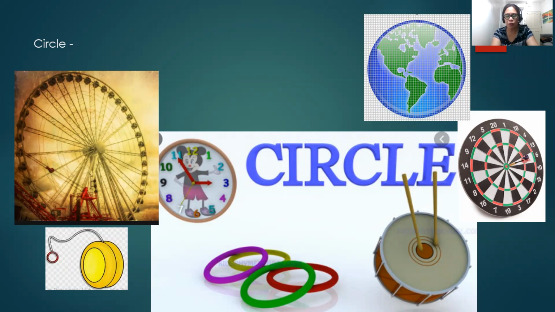Despite its apparent simplicity, the properties of a circle and its parts cannot be visualized as easily as a square or a triangle. Now, circles can be seen everywhere. Some of these figures, like this Ferris wheel and wall clock, are associated with circle. So when we say circle, it's a curve